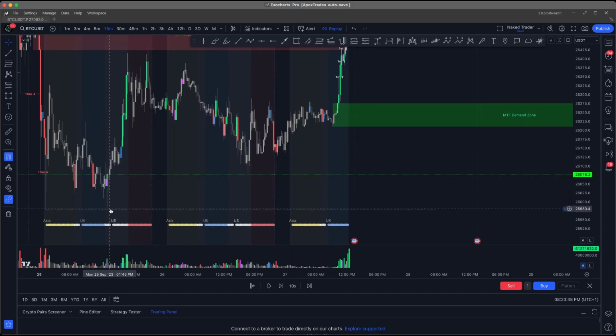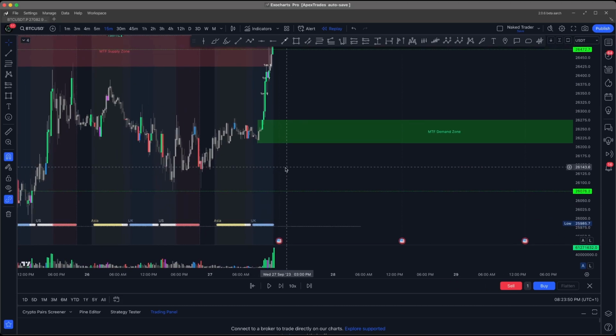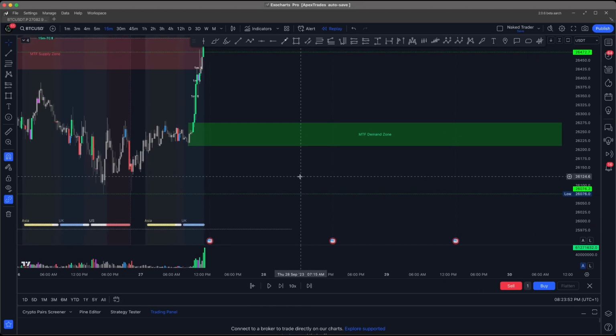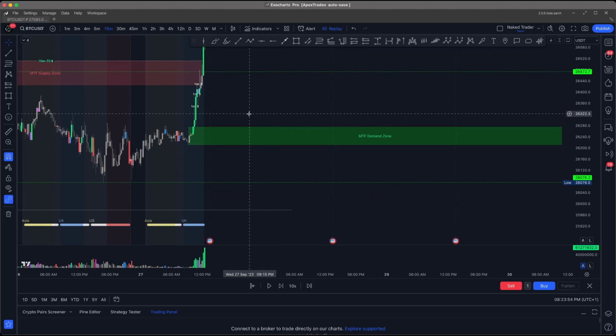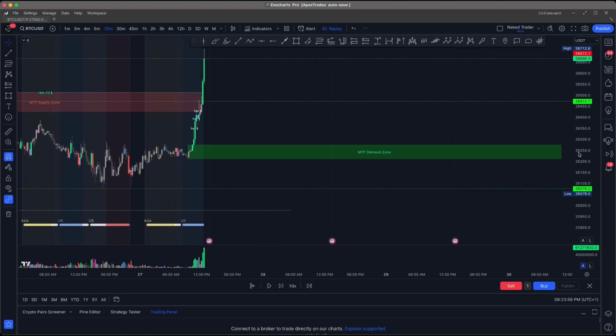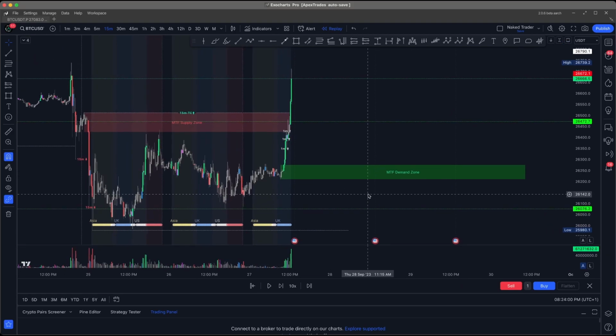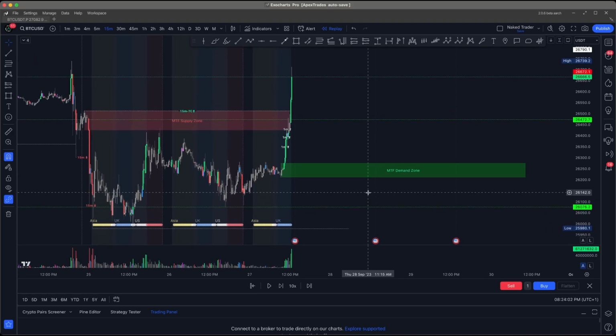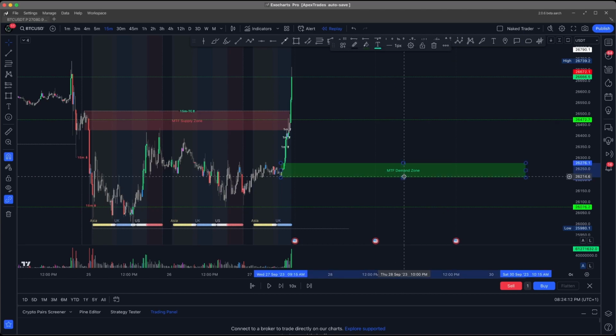And so I always think to myself, when we see these kind of moves here, is that the right place to put a demand zone? Yes, we've seen a lot of buyers step into the market here, but the safer play, because the thing that fuels markets is liquidity, right? If there's no liquidity, price will naturally go and find where that liquidity lies. And so whilst this is still absolutely a valid demand zone, I would say we have to operate with a bit of caution with this specific demand zone.